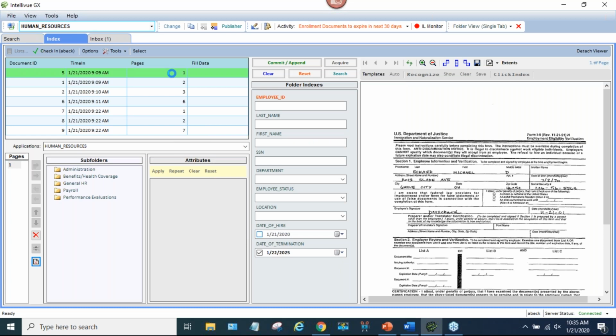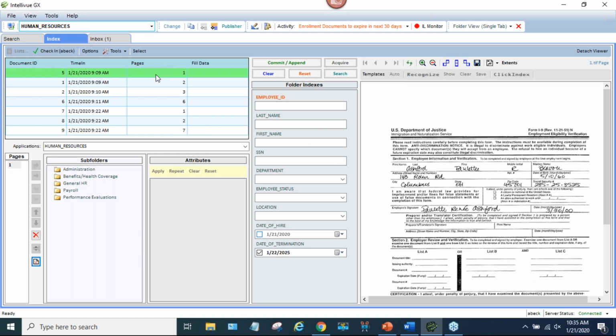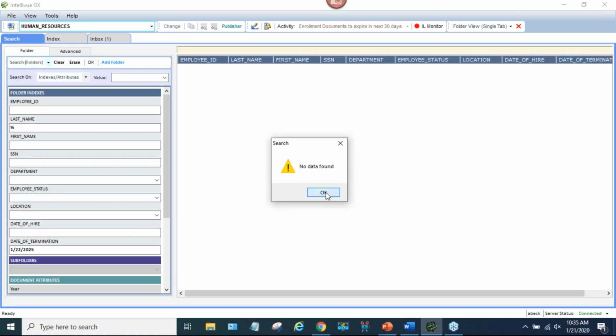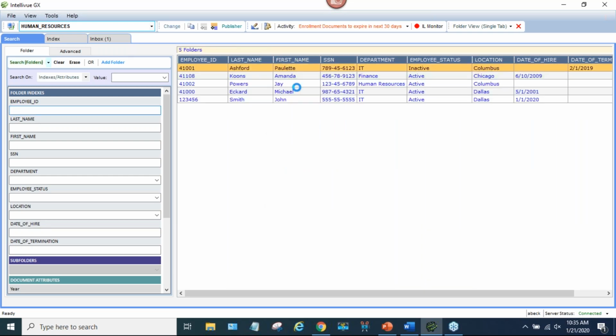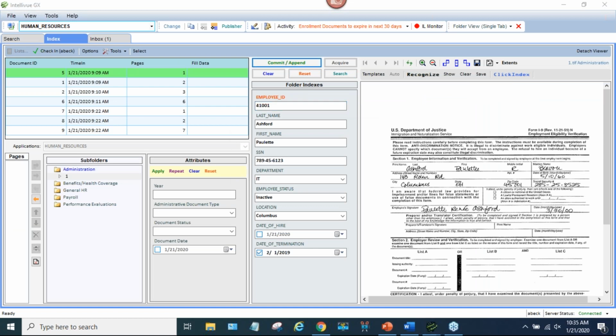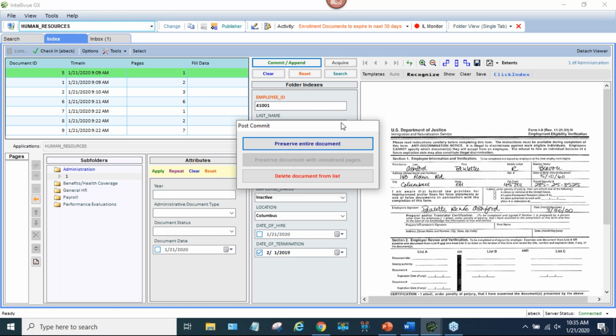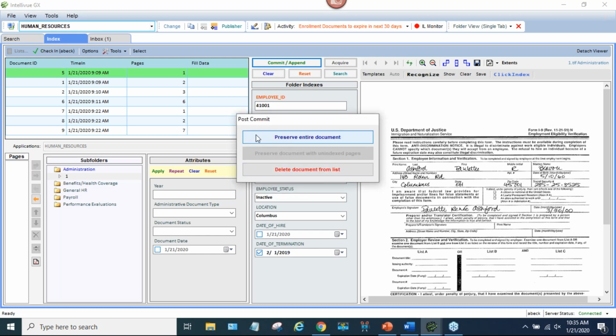So if I'm going to do this individual document here, and let's say I don't have any attributes, and we're just going to say we're going to put it in this folder here, and I hit my commit append. This is the window you get that pops up by default. And this is where it allows you to choose which action you want. Preserve will retain a copy of it in the indexing list if you want to index it into another folder,